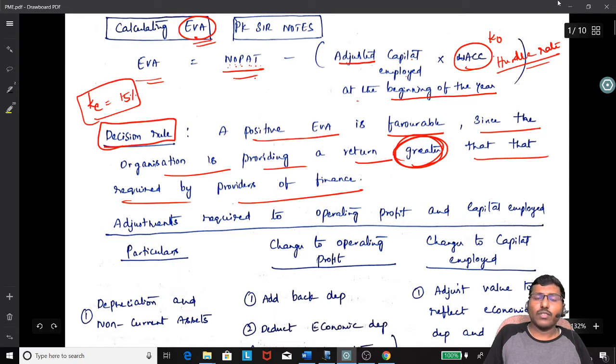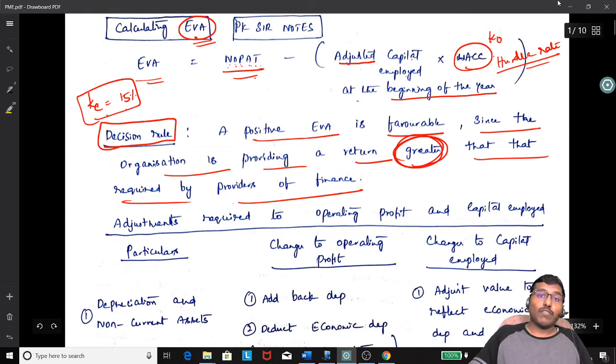What do you mean by this? Equity shareholders who have purchased equity shares from your company are expecting 15% return from you. So their expectations become a cost for me. So I have to pay 15%, correct? If I'm having positive EVA, it means to calculate EVA, I'm already reducing my overall cost of capital, which includes